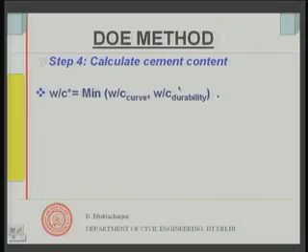The table that we have used earlier is the same table, and this is determined from the curve. How do I determine it from the curve? First I make a trial mix, choose a curve, and from the trial mix I find out the 28 day strength and put that onto that curve as we have discussed. And once we choose a curve, the next step is to find out the water cement ratio required for my target mean strength, and then compare this with the durability requirement, whichever is lower I take that.